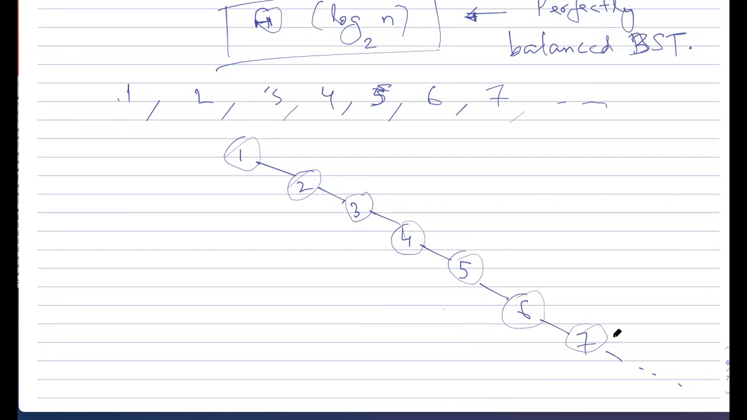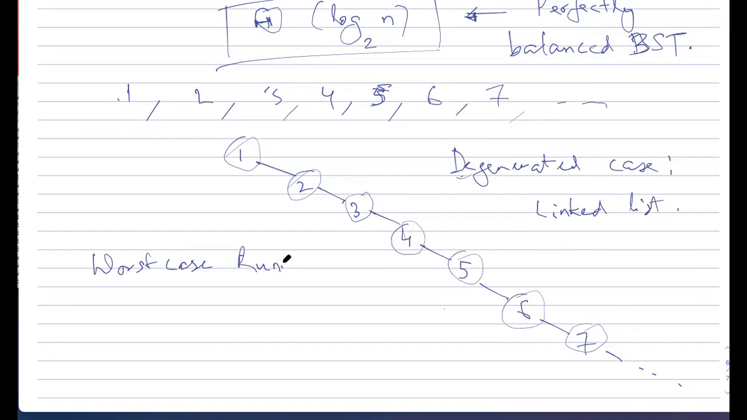It hardly is looking like a tree anymore. It's more like a linked list. So in the most degenerate case, it would appear like a linked list, right? And therefore, the worst case running time for the binary search tree for all of these aforementioned operations is order of,